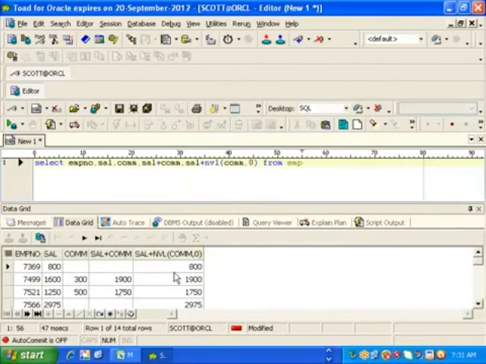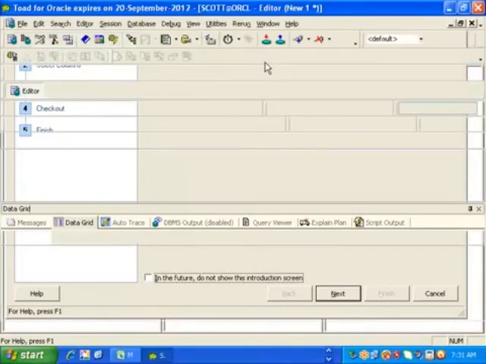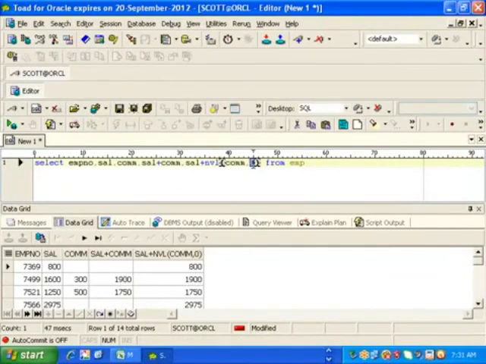This is the wrong column. This is what, sir? The right column. Even though null is there, it is giving what, sir? 800. This is what null handling means. Automatically my wizard will help you to handle the null value situations. Wherever null is there, it will replace the null with 0. Not only 0, can I replace it with something else? Wherever null is there, I can give 100 rupees, sir. Okay. Let us say I am pressing F9, then I got 900. That means that is also possible.